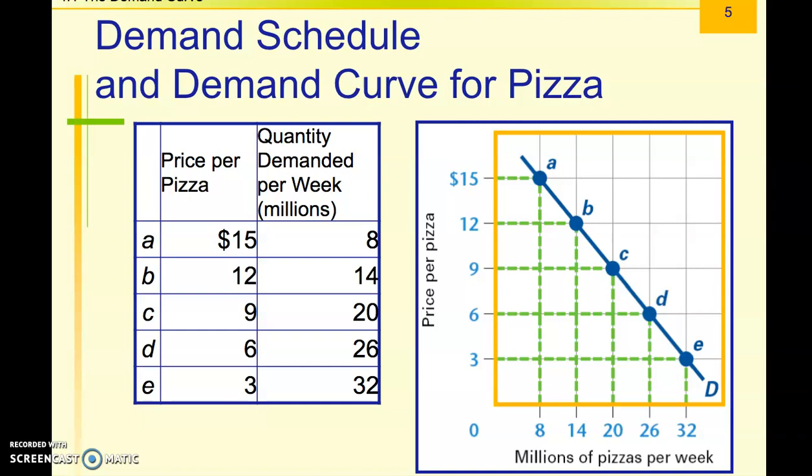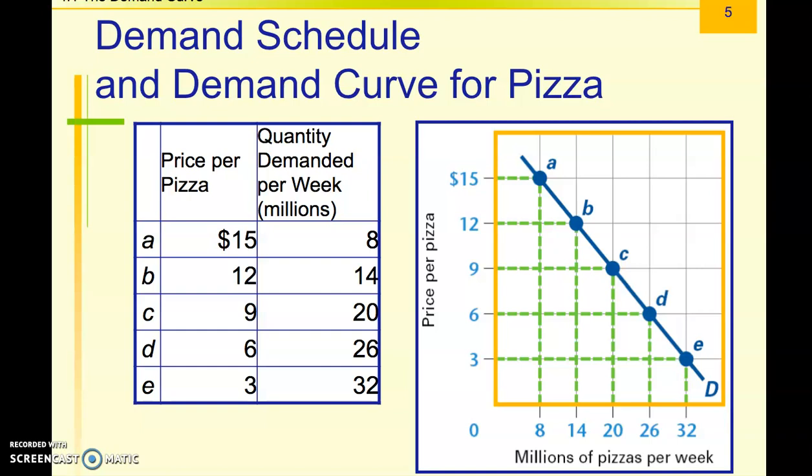You'll notice that a true demand curve goes downward to the right. So this one here is perfectly straight. Some demand curves have more of an actual curve, but the slope at which they go down may differ, meaning some may look really, really steep, some may look almost horizontal. This one's kind of in the middle. But demand curves will never go upward to the right. Sorry about that. Okay, they'll never go upward to the right. They're always going to go downward to the right to some capacity. Okay, that's a little bit about what a demand curve looks like.